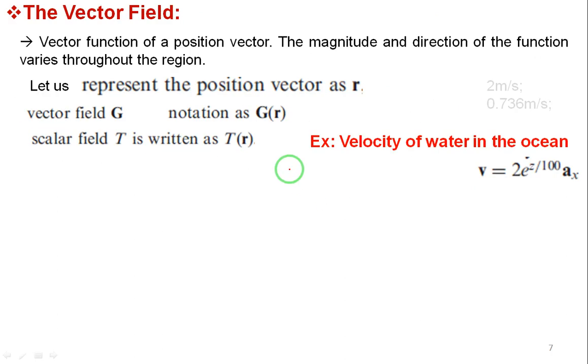Okay, next I will come to the important concept, that is the vector field. Already we have seen what a field is. A field is a function which connects an arbitrary origin to a general point in free space. Whatever point I locate in space is always with respect to some coordinate system, right? If I take the rectangular coordinate system, I will take the origin as a reference point, meaning an arbitrary origin to a general point in free space.